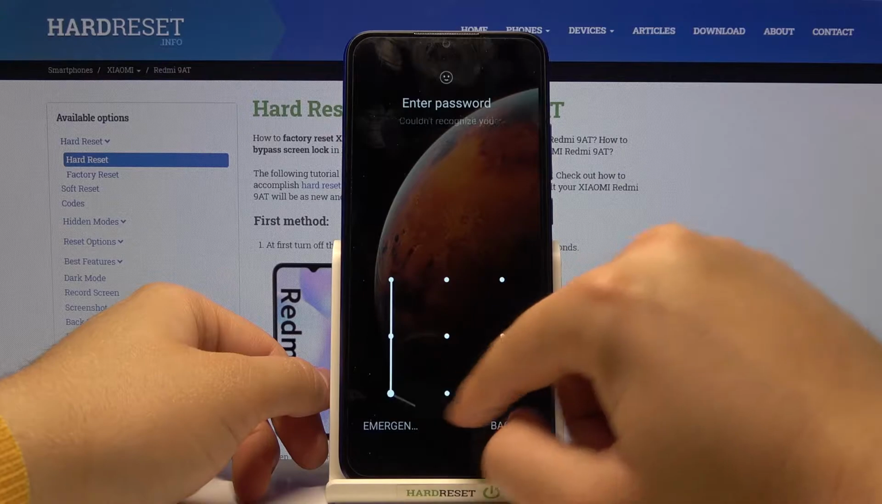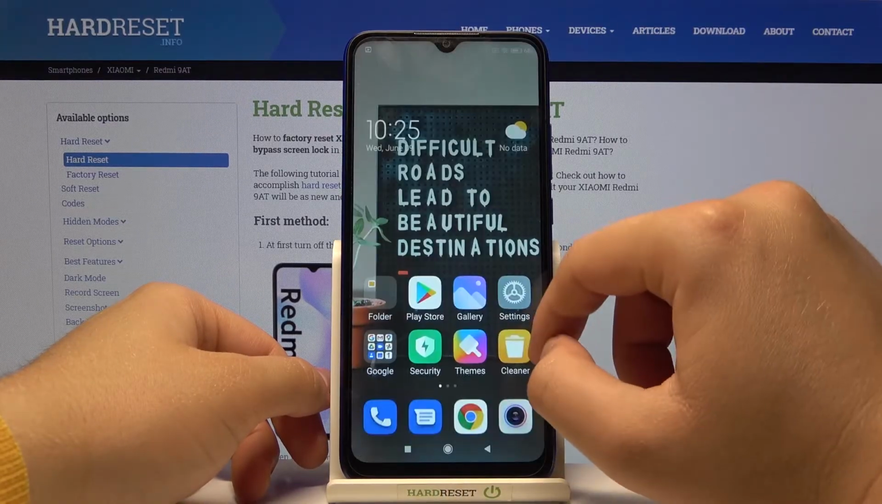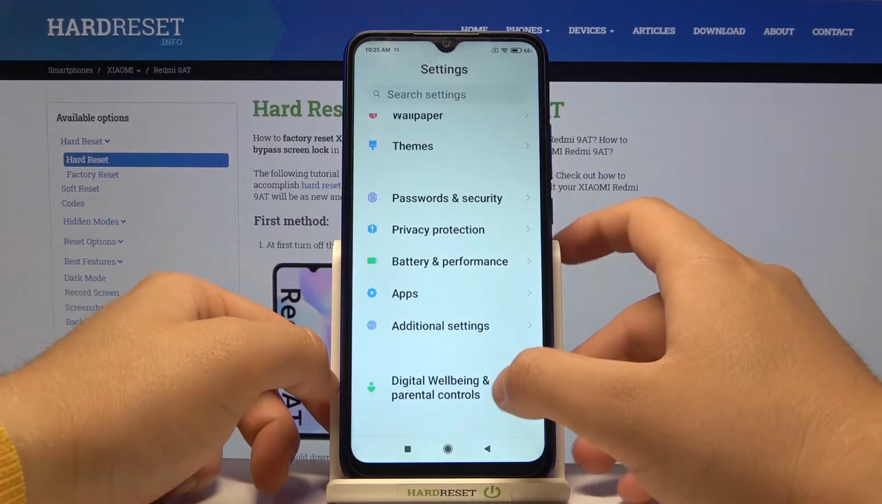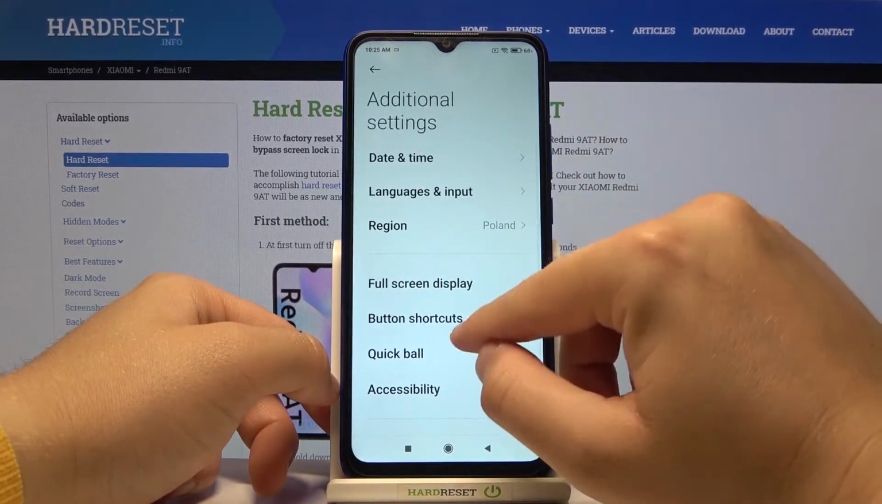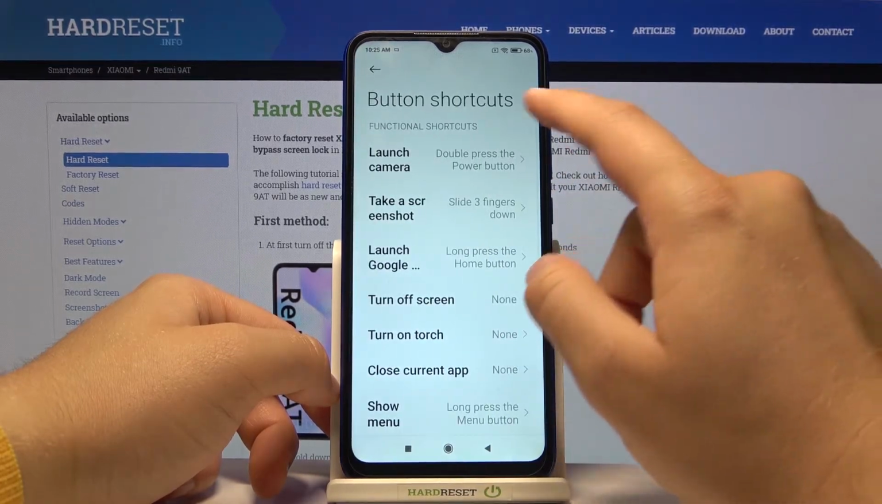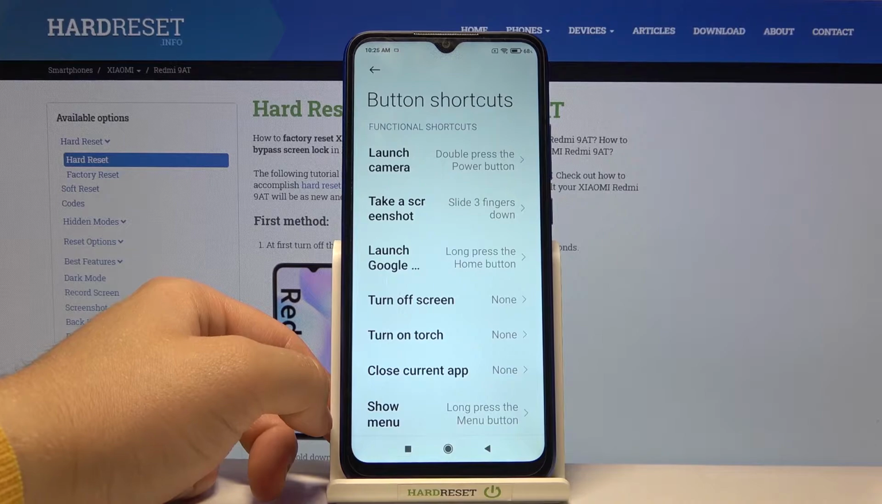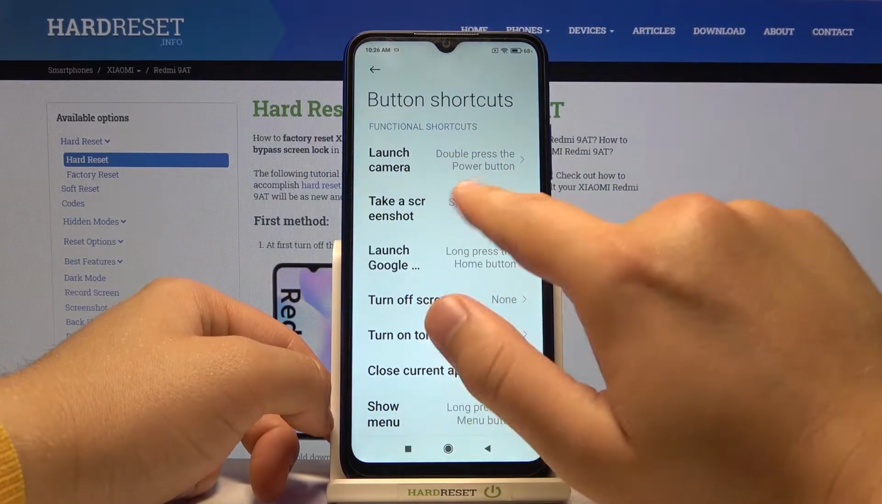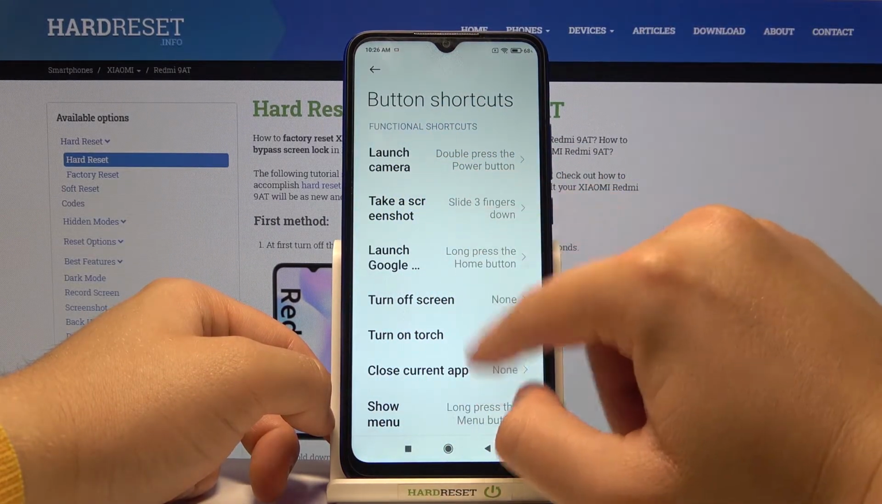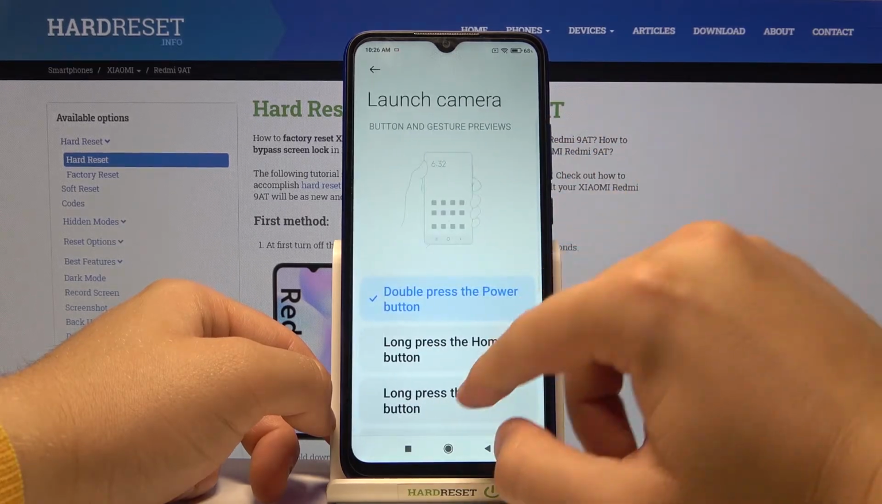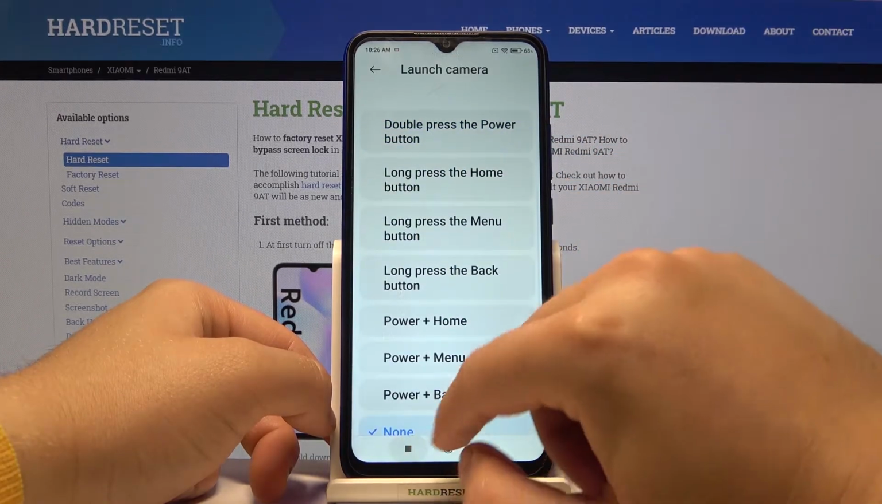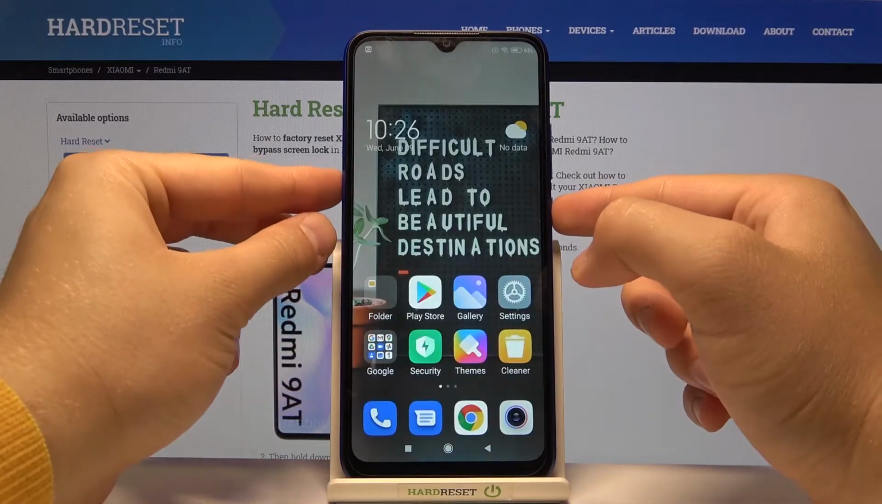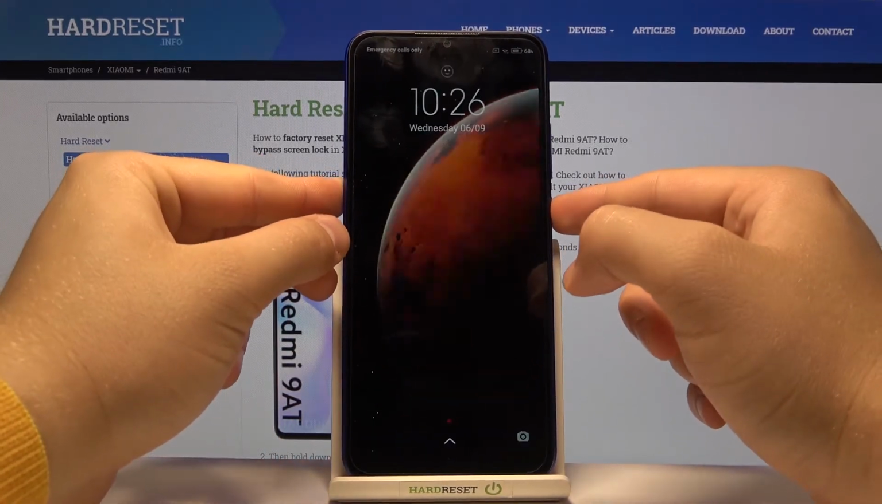So we have to go to the settings on our smartphone, find additional settings, go to the button shortcuts, and find the option that is linked to the power key. In this case, we have launch camera. We can also use any other things. Go here and then click on none. Right now, when you select the last option and quickly double press the power key, this option